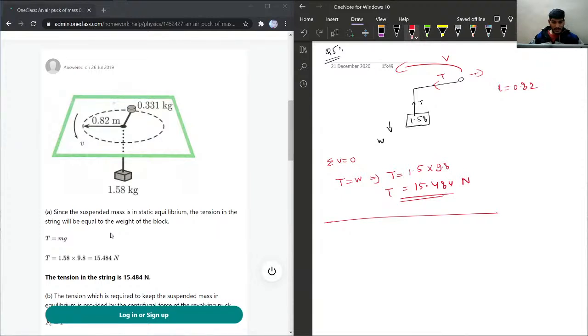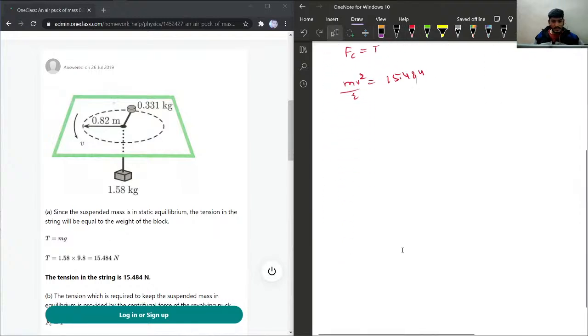So I can say that centripetal force is equal to tension, and this force is mv square by r, which is equal to tension, which we already calculated, 15.484. Then we have the mass. So mass is 0.331, v square over radius is 0.82, and this is